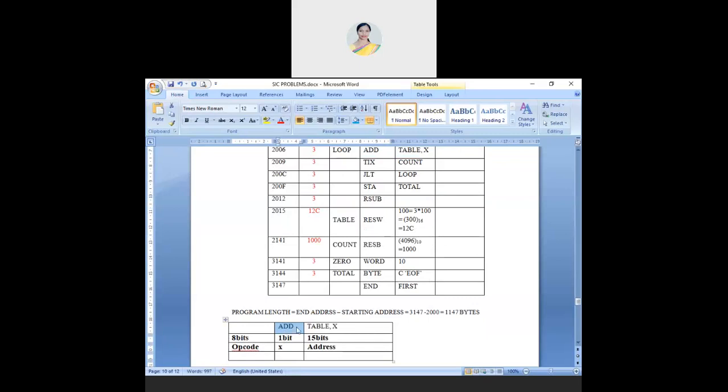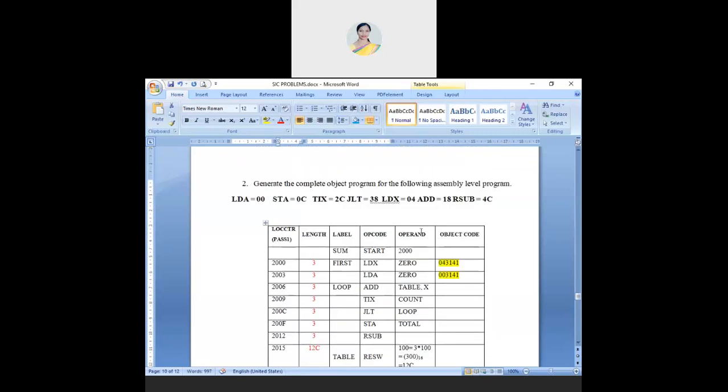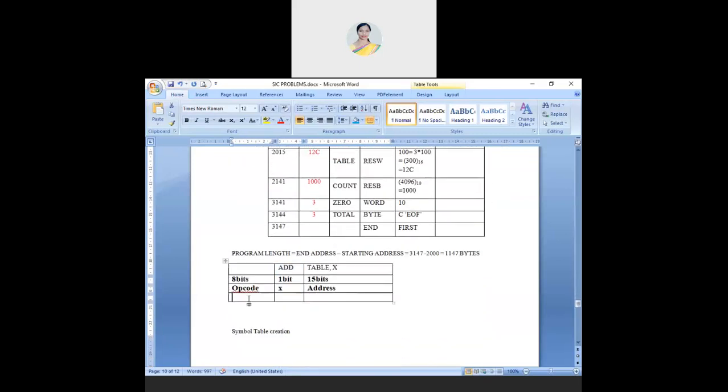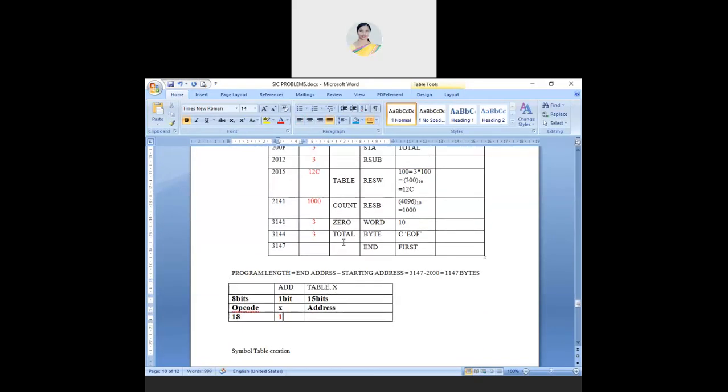Then ADD. What is the opcode for ADD? It is 18. And this bit is set to 1. And what is the address of table? 2015. So this will be 010, then 2000, then 0001 and 50101. Is it clear?